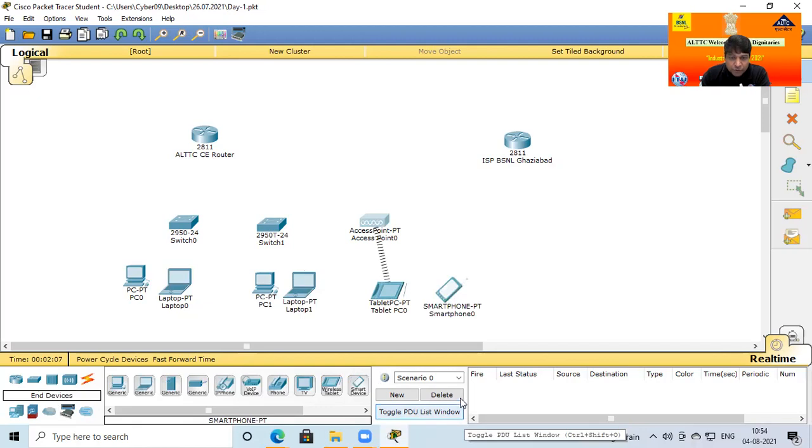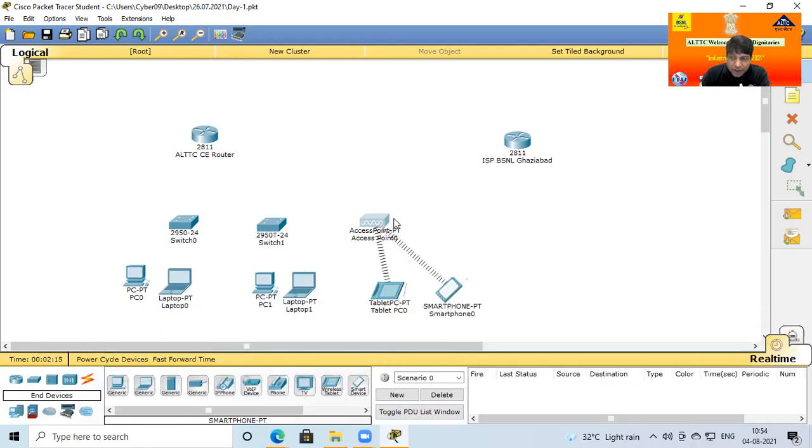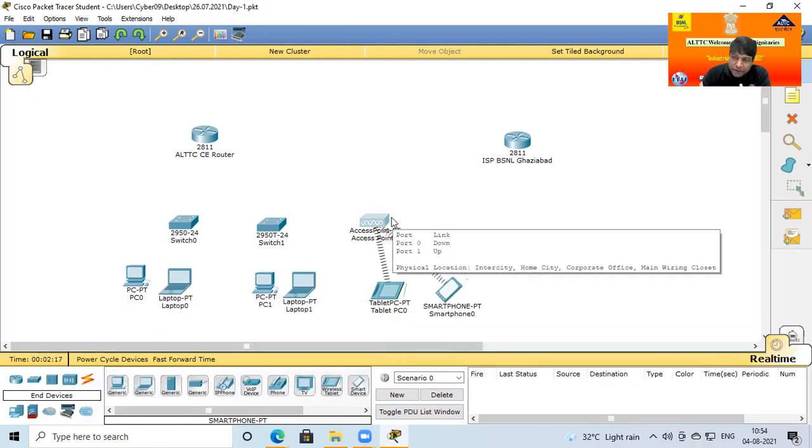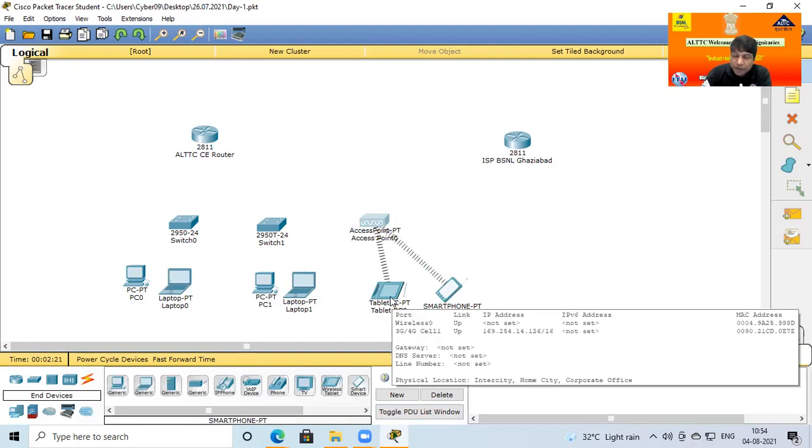Okay, so today you can see there is no password protection, so by default our tablet and smart devices automatically connect. But in the real world, if you connect to the Wi-Fi in your college campus or any location, it is not possible without a security mechanism.